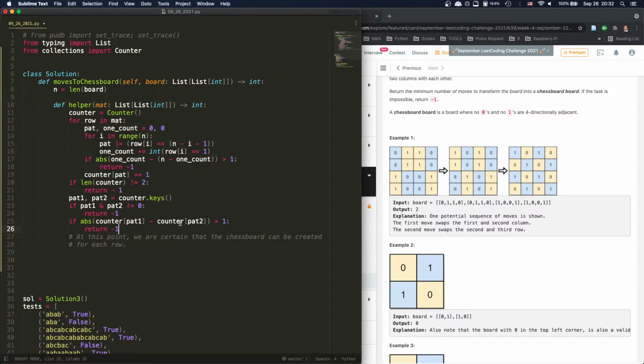So the number of occurrences is, and the one pattern will represent the 0, the other pattern will represent 1. So this is for the pattern, and we only have 2 patterns, right? Because we only have 2 patterns for the rows. Therefore, we will only have 2 patterns for the column, because for each column, there only exists